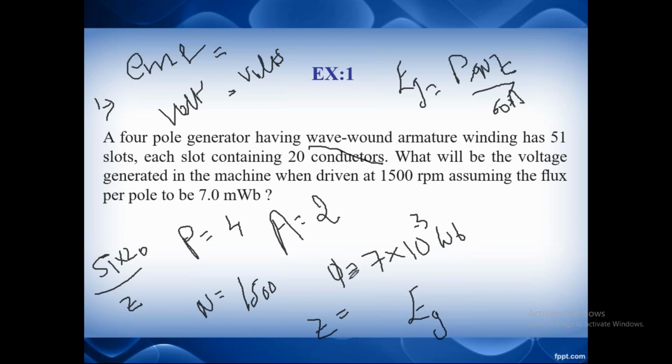Okay? I will send you this PPT in the evening. Then you have to solve this question and send me your answer. Okay na? Right. So this is about today's class, and just practice the EMF equation and do the problems based on it. Then only you will get clarity on this. So I'm going to end this class now. Thank you.